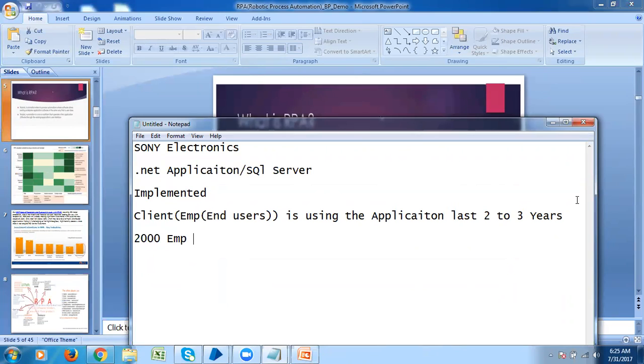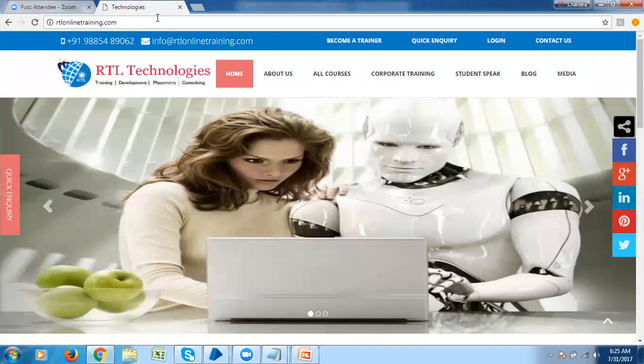As an RPA developer, what I want to suggest to Sony Electronics is, when you have 2,000 human workforce to complete your business process, my automation tools will bring your human workforce down to 1,500. I'm going to place my software bots on top of your application. Already you are using a .NET application and server. Your employees open the application, do navigation, and enter some business data.